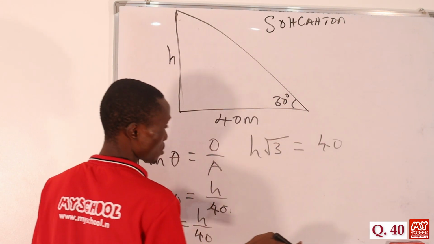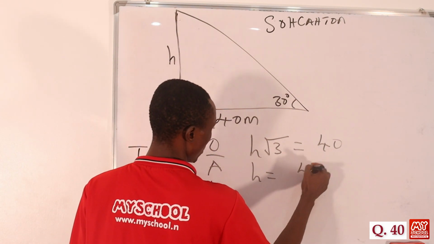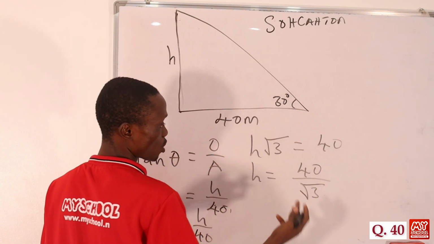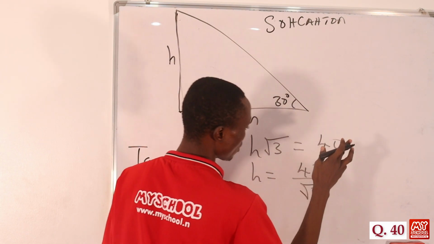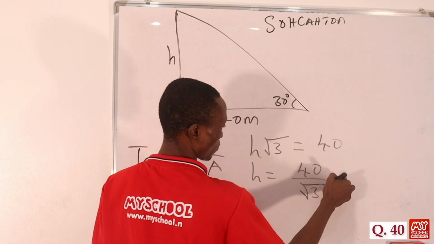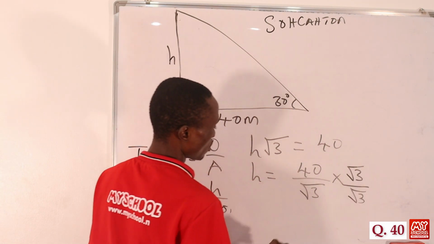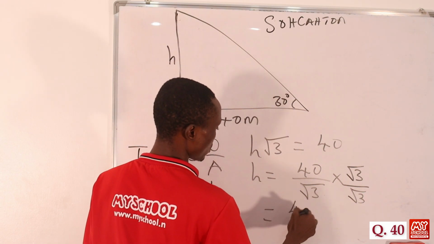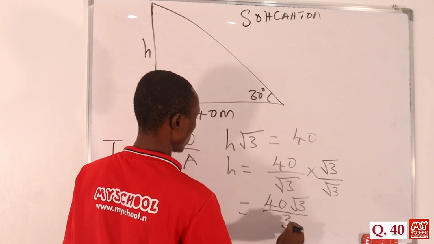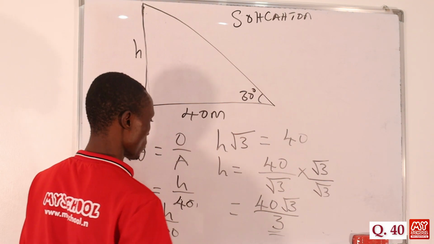So we have to divide both sides by root 3, so that h is equal to 40 divided by root 3. Of course, we can't leave this like this, so we have to rationalize by multiplying both the denominator and the numerator by root 3. So multiply here by root 3 and also here by root 3, so that we have 40 root 3 all over 3. So the height of the tower is 40 root 3 all over 3